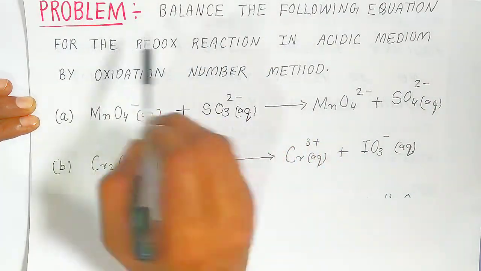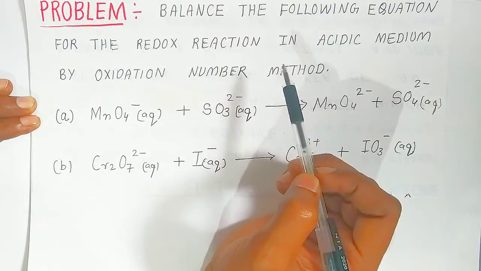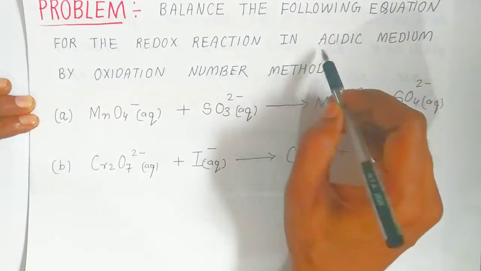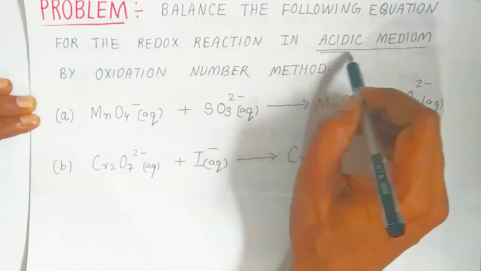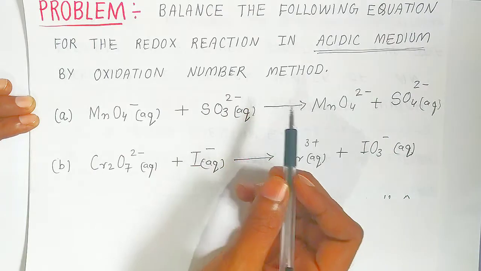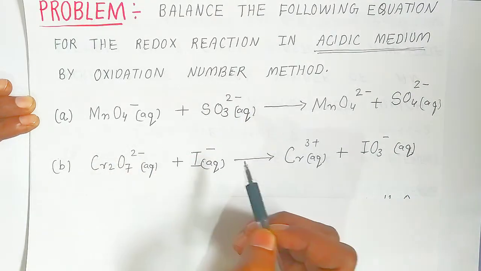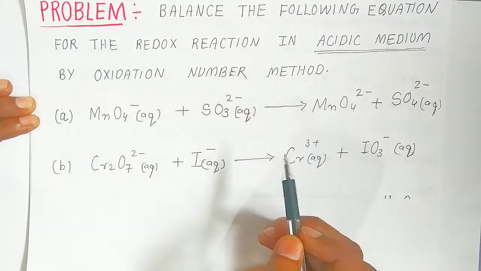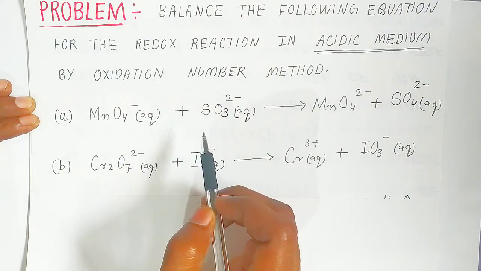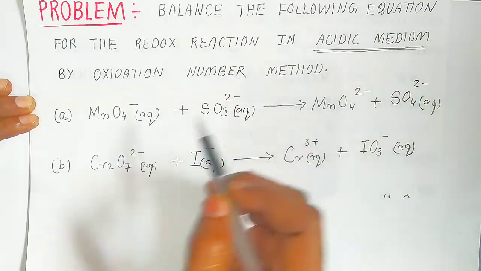Today, students, we are going to solve problems based on redox reaction. We are going to balance the following equations for redox reactions in acidic medium. Here we have introduced a new term, that is acidic medium. By the oxidation number method, how we balance a redox reaction we have already seen in the previous video. Now in this video, students, we are going to balance the redox reaction in acidic medium